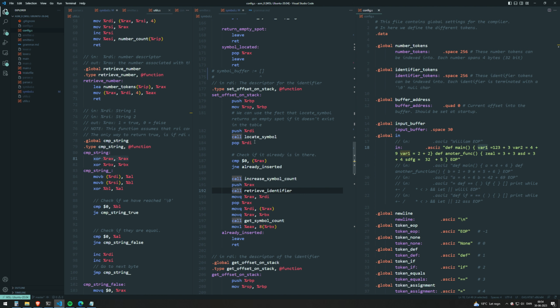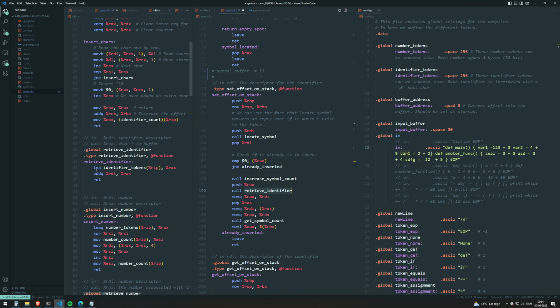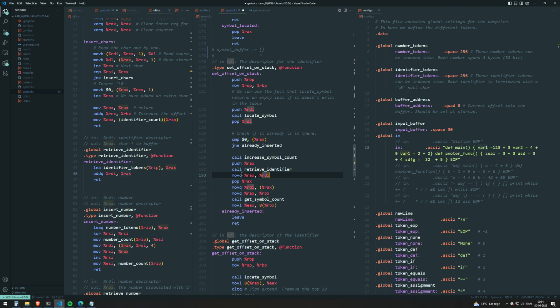So I pop my RDI, which is basically the descriptor for this variable, and then we call a retrieve identifier function, which does this. So it loads the identifier tokens, and then we add the offset to it, and then into rex and output it. So now we have the address for this char pointer, and